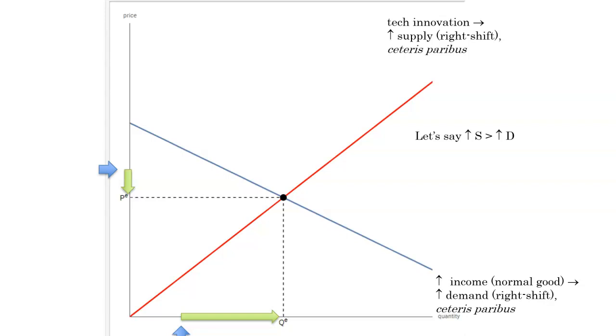It will depend, in the case of the price, on how large the increase in supply is relative to the increase in demand. That is, how much the demand curve will shift relative to the shift in supply. And the question doesn't tell us anything about how much these curves shift. We can only say that they will both shift right. And in that case, we can definitely say that the equilibrium quantity will increase, but we won't know whether the equilibrium price will go up or go down. And that is the answer to the question.